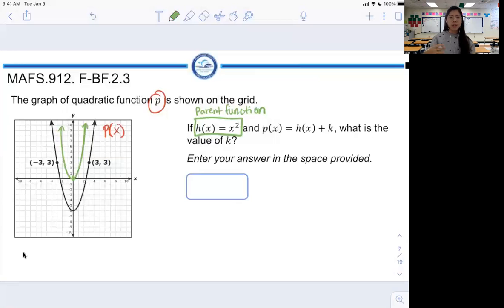When you have the parent function, you can say, oh, this was a vertical shift because it went up and down. This is a horizontal shift because it went left to right. This is a stretch. This is a compression. All of those different things, you can compare them to the parent function. So here we're comparing things to the parent function. And the question is, what is the value of k